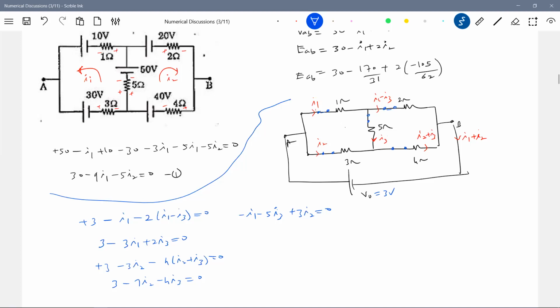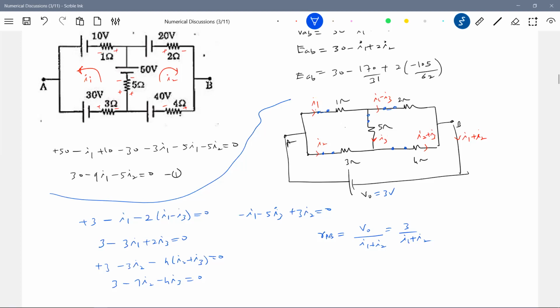Then what is the resistance RAB? For RAB, what you should do is take V naught, how much is V naught? 3, no? Divided by I1 plus I2. Okay, now whenever you want to get the effective resistance, where all cells are there, replace them with a short circuit and find out the effective resistance.